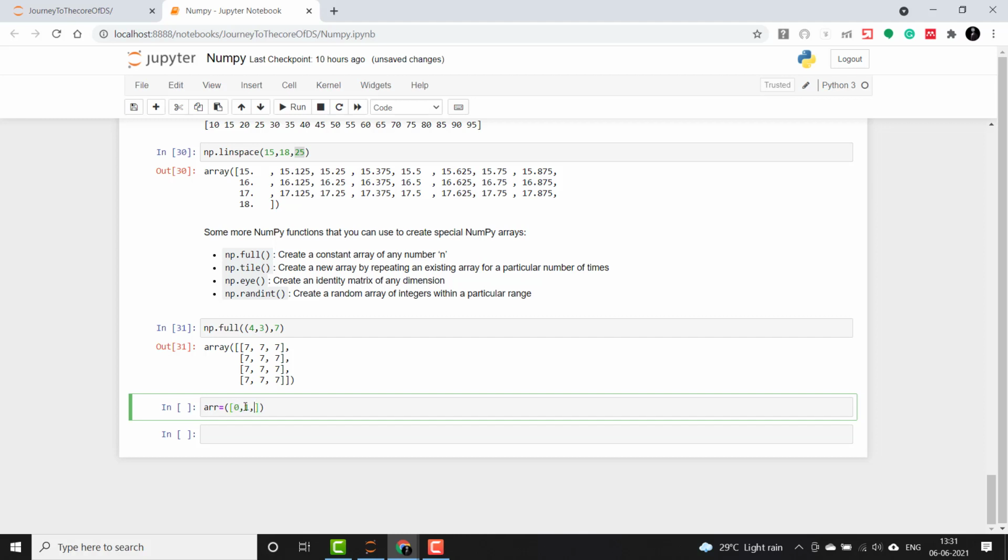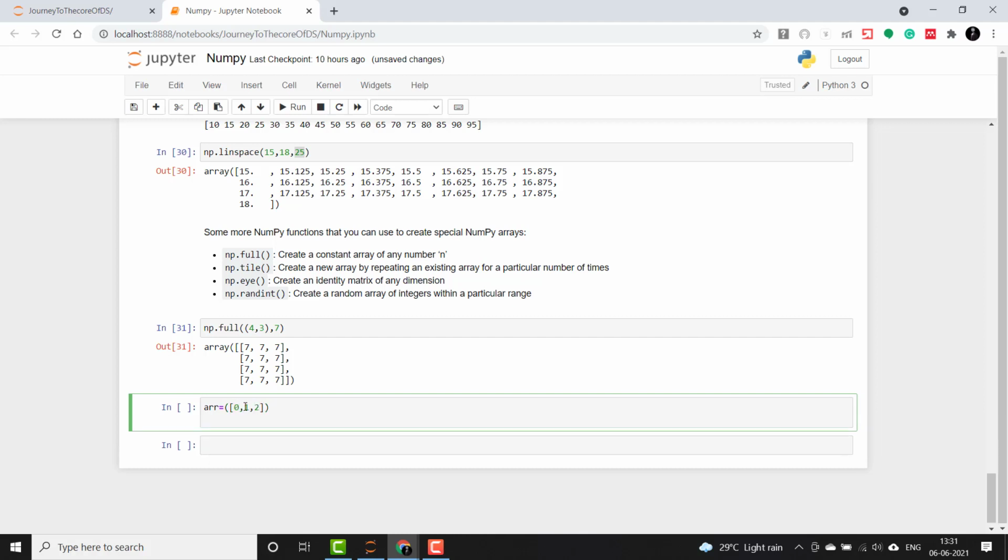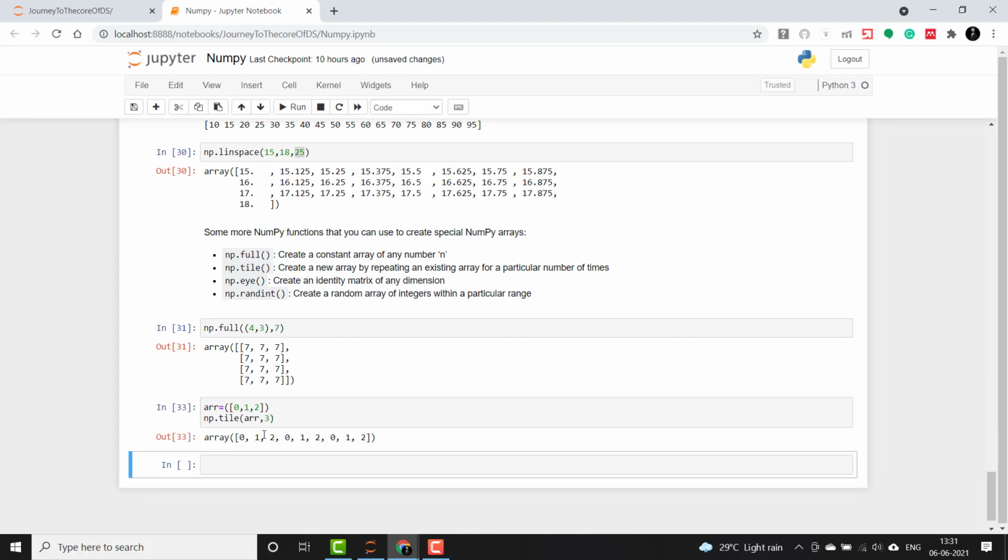We'll do np.tile, give this array, and we want to repeat this 3 times. So this is just a one-dimensional array, but it has created it 3 times, 0, 1 and 2. So you can regard this as a single element repeating 3 times. You can do the same thing and create a multi-dimensional array using np.tile also.